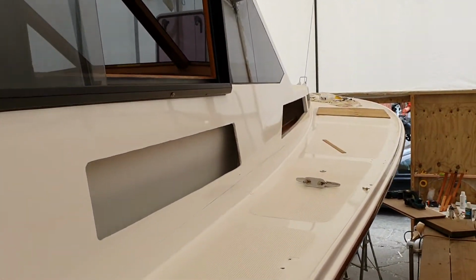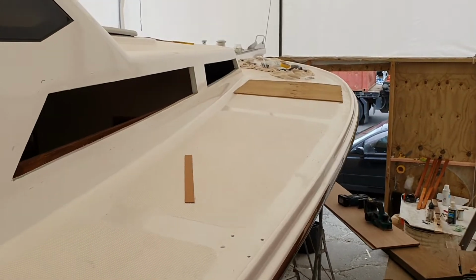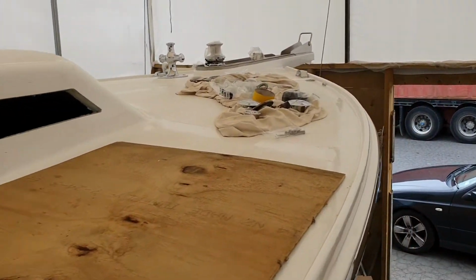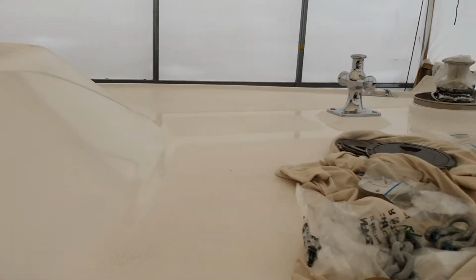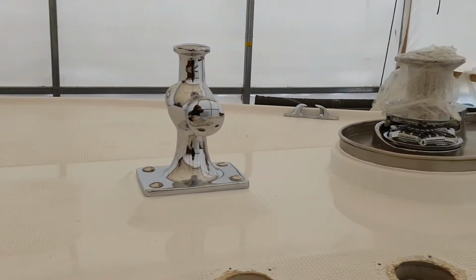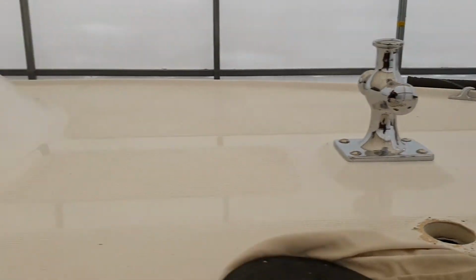Good new intakes here. My mate Beggsy did the engine intake system for me. He did a brilliant job. I've altered these windows and the glass is ordered, so they're going to go on the surface as one window. As you can see, all the decks are fully resprayed and brand new. Graham, the owner, had Maltese cross and all the deck fittings re-chromed, which I'm just working on fitting. New winch. And looking back,